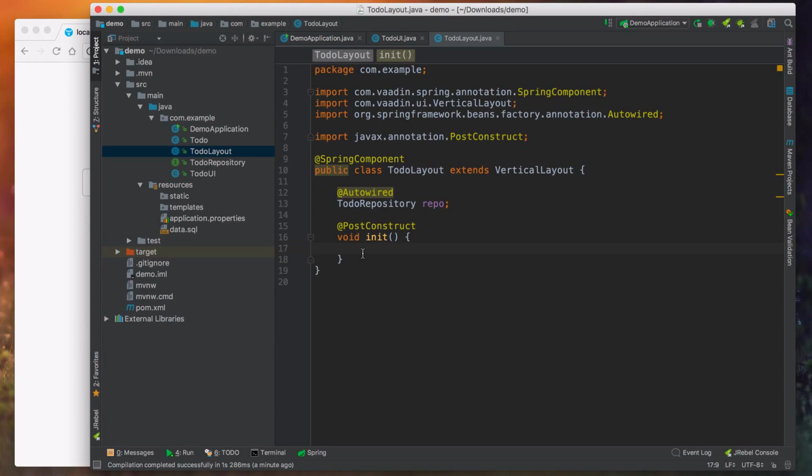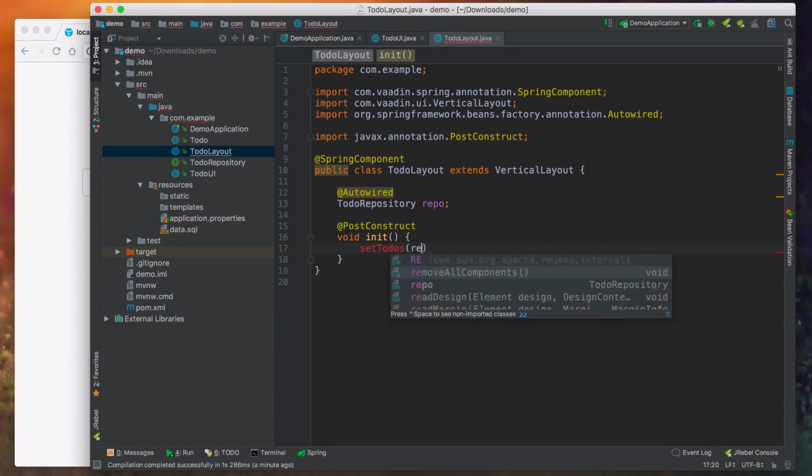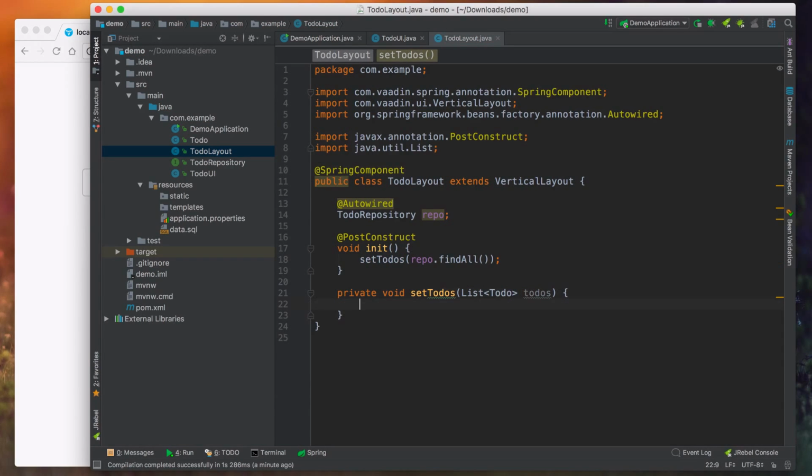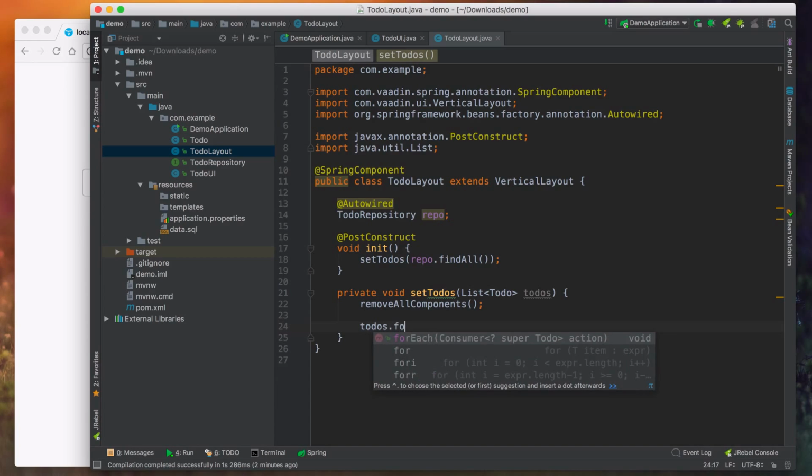So when we init this, what we want to do is go to the database, pull up all the ToDos, and show them. So we're going to create a new method, setToDos, and we're going to call it with repo.findAll. Let's use the IDE again to implement this method. And what we want to do here is, first of all, remove all components. So I want to be able to call this method over and over again, and if I've already called it before, I want to make sure that I remove any previous ToDos before I add any new ones. Once we've done that, we can call todos.forEach, I'm sorry,